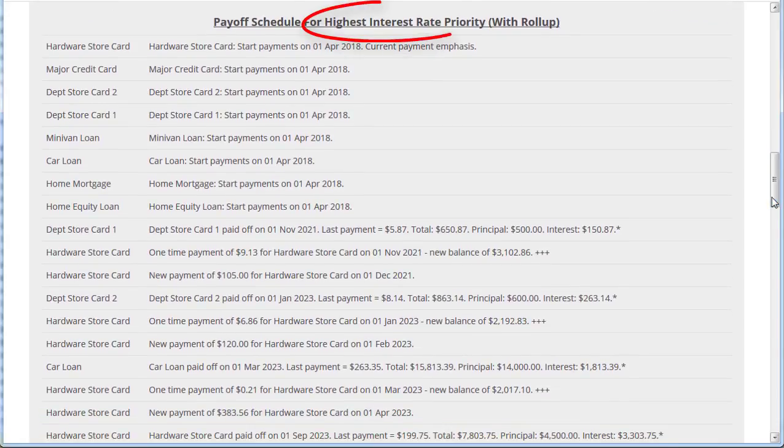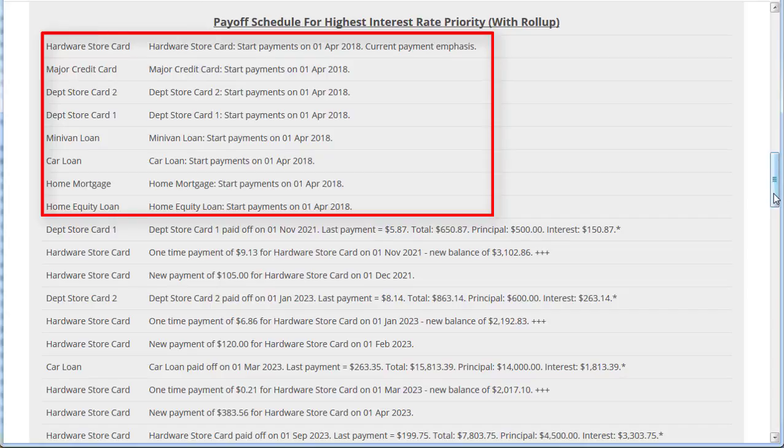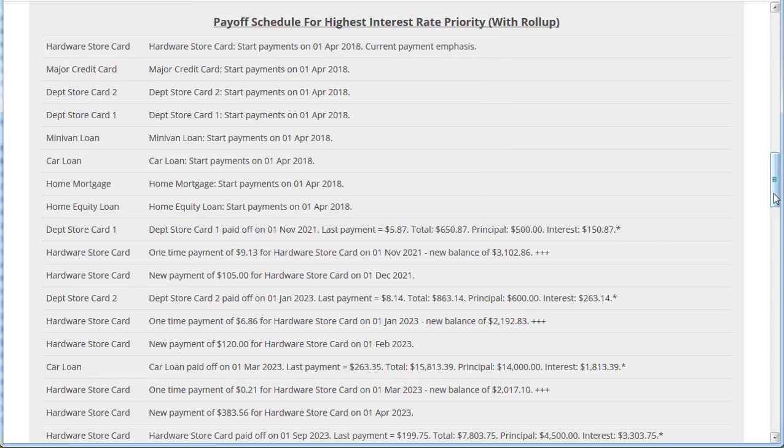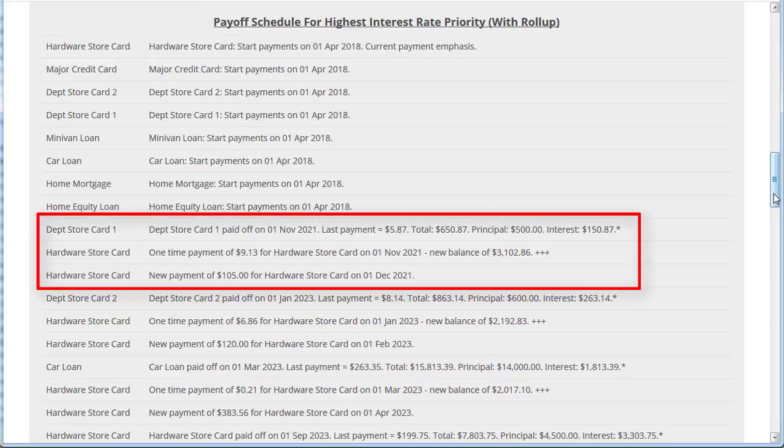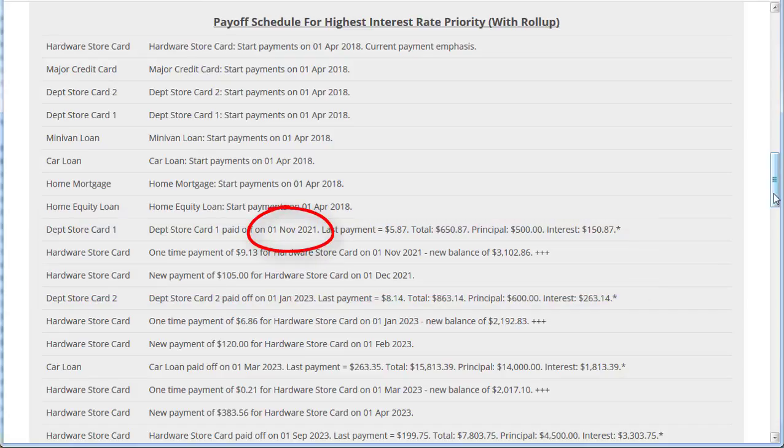Our payoff schedule looks similar to what we had with no roll-up. At least it starts off that way. The first part of it is exactly the same. However, now when we have a debt that is paid off, we see what happens to that payment amount in our payoff schedule. So in this listing, we see that the department store card 1 was paid off first on November 1st, 2021 with a last payment of $5.87 for a total of